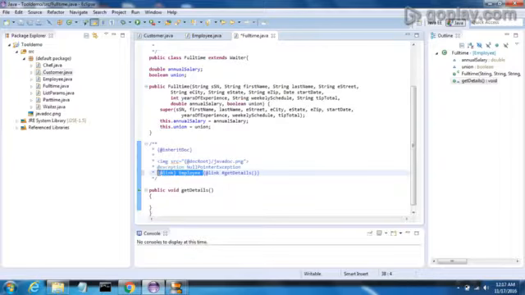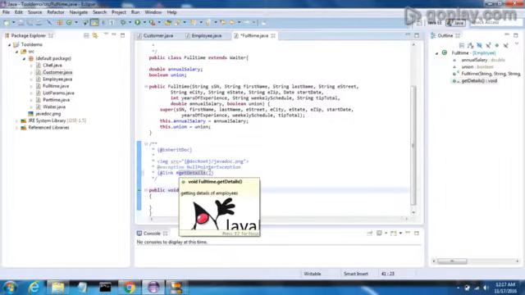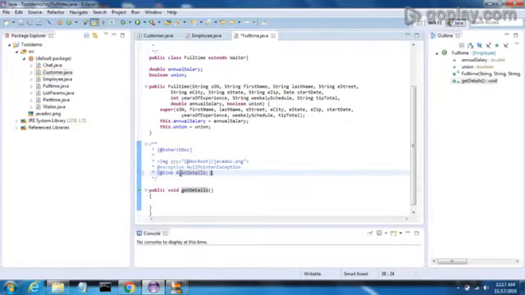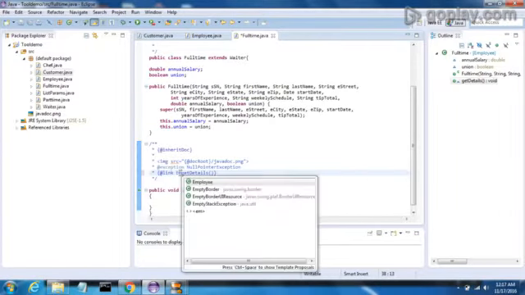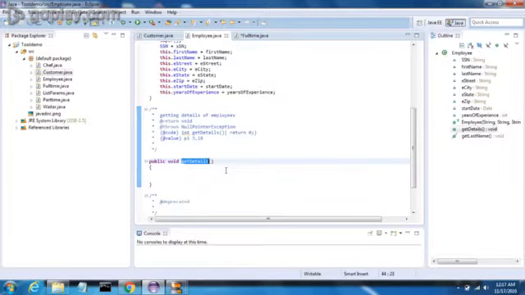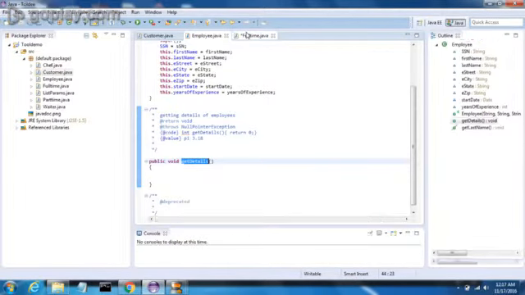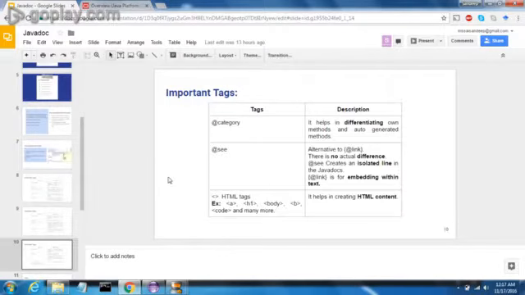So you can give the link like this, and it will be automatically linked to that particular getDetails. So we are going to show all these in the particular document, and we have so many other tags like